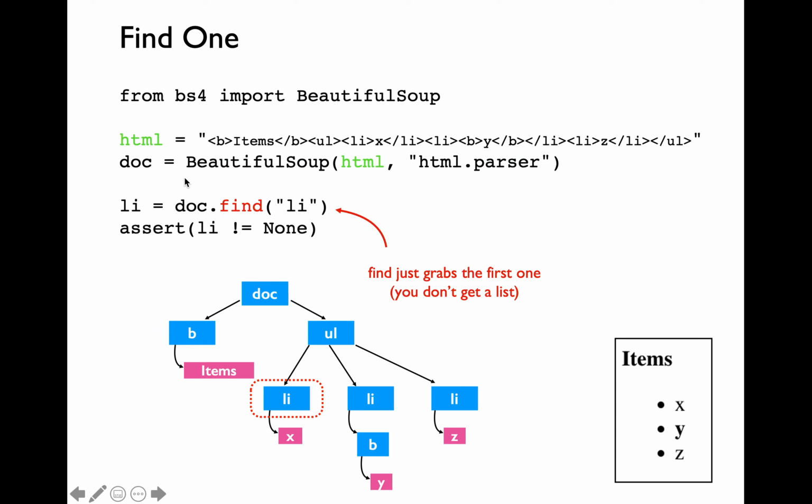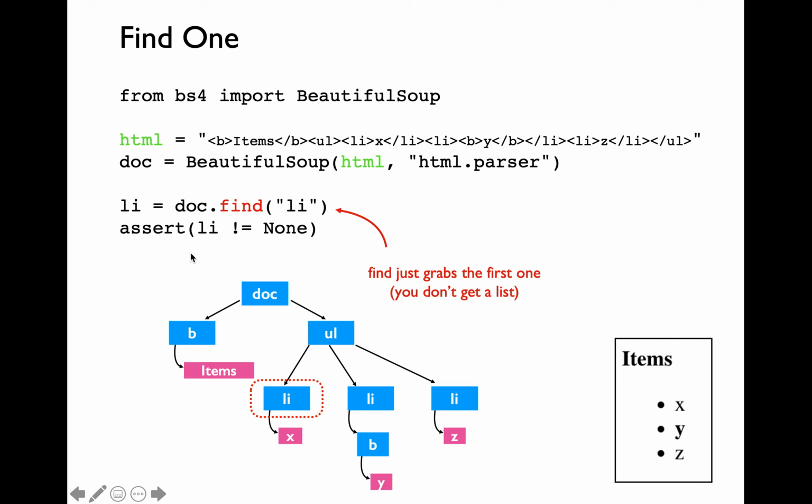The next function that I want to talk about is the find function. The find_all function is going to enable you to find all occurrences of a specific element. The find function is going to enable you to find the first occurrence of the element which you pass as argument string over here. So when you say doc.find of string li, you're only going to get the very first li element, which is this first li tag under the ul tag.